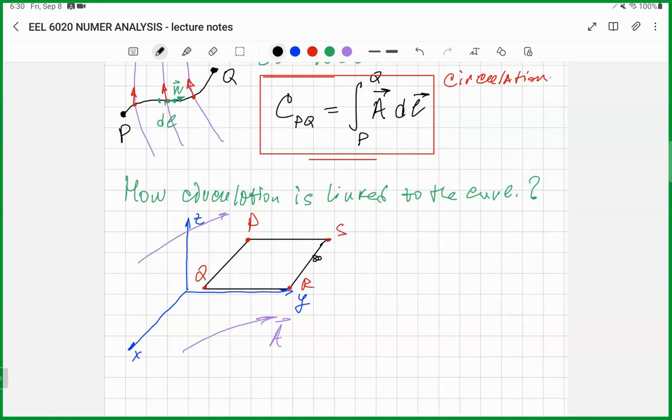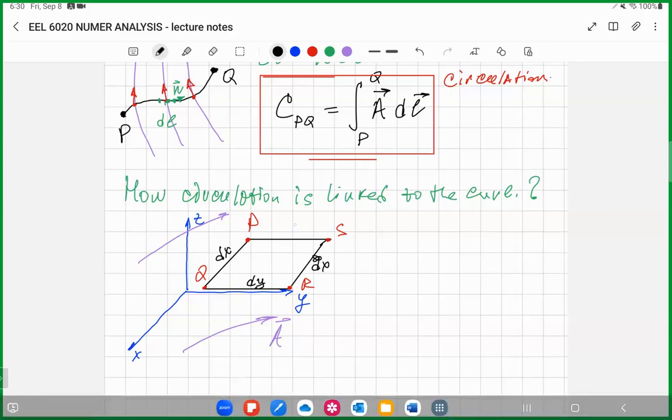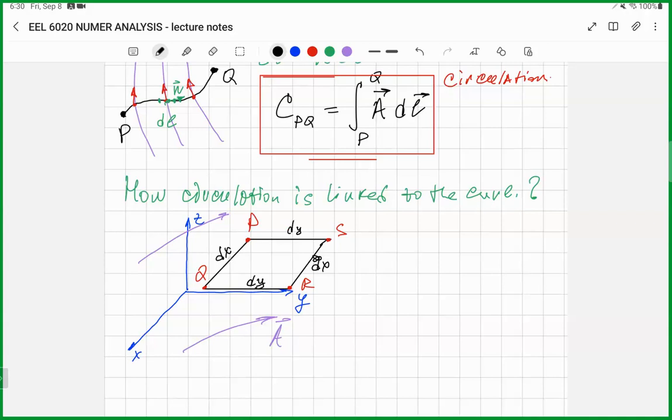Okay, and we make this path very small. So the size is equal to the step, the small dx and dy elements, dx, dy, and we assume that we go around this counterclockwise, in this direction, and write elements for the circulation as we go along this path. So for the PQ element, dCPQ,